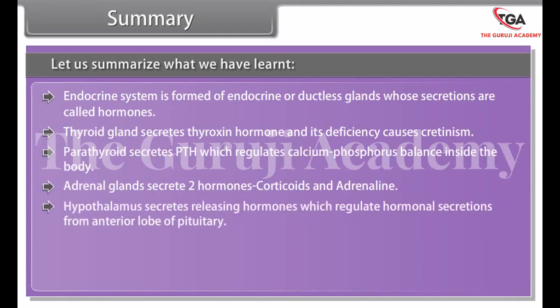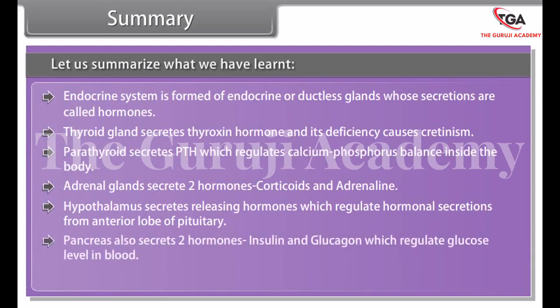Hypothalamus secretes releasing hormones which regulate hormonal secretions from anterior lobe of pituitary. Pancreas also secretes two hormones, insulin and glucagon, which regulate glucose level in blood. Testes